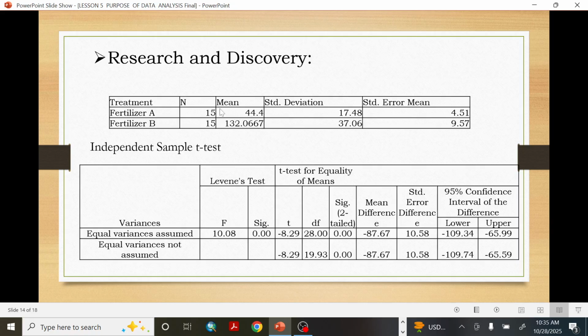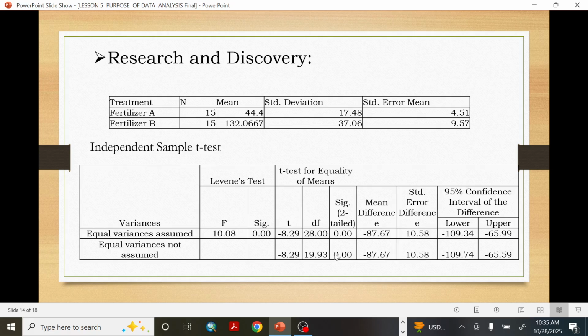It is greater than the mean for fertilizer A. Now you come and look at this table, the independent sample t-test table here. There's something called Levene's test, and this Levene's test is supposed not to be significant. But when it is significant, then you can come and look at the last column here, which is called equal variance not assumed. You come and look at the significance for the two-tail here, which is 0.00, which is actually